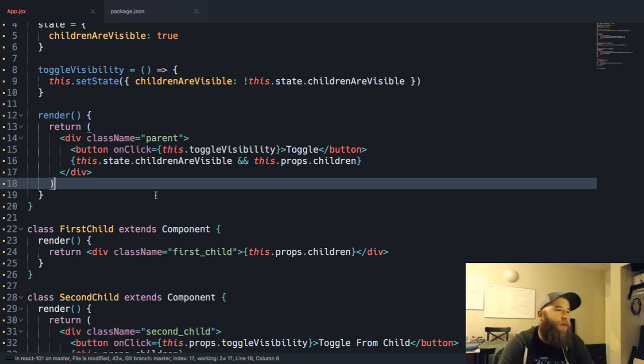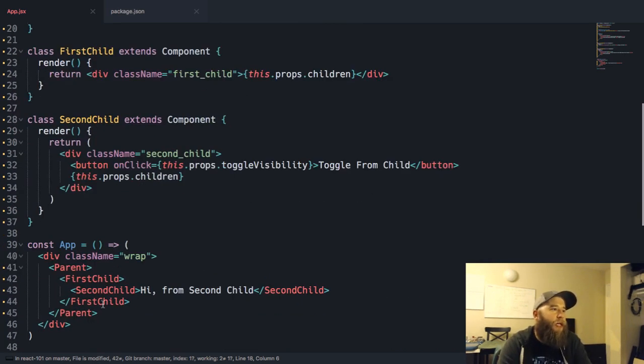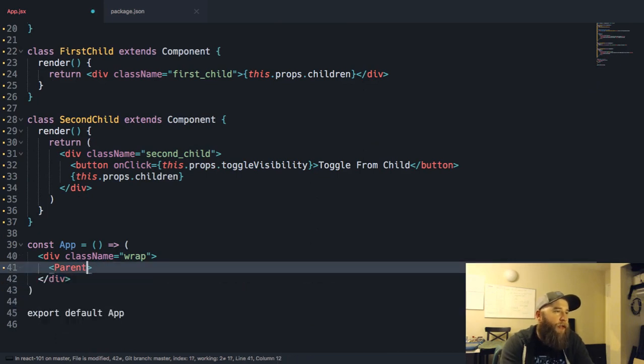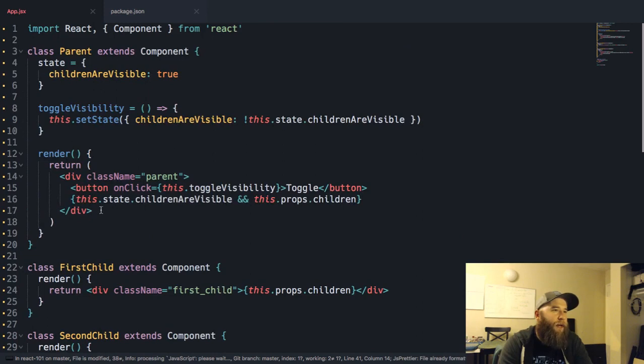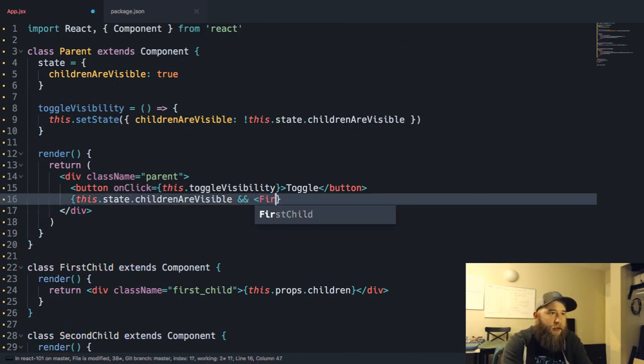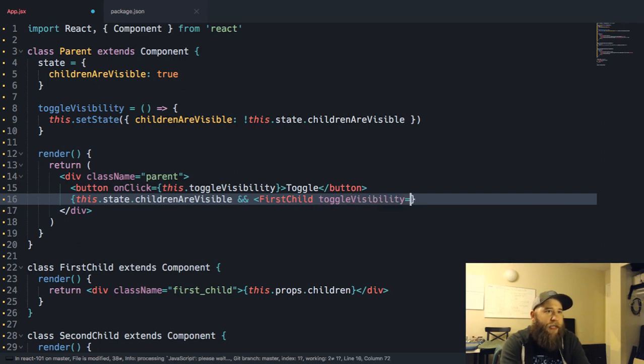And in fact, what we're going to do is, rather than do it down here, I'm just going to call parent so that you can actually see me pass these all down. But we'll do, instead of this dot prop set children, we'll do first child, and we'll need to pass all toggle visibility down. So we're passing at one level here.